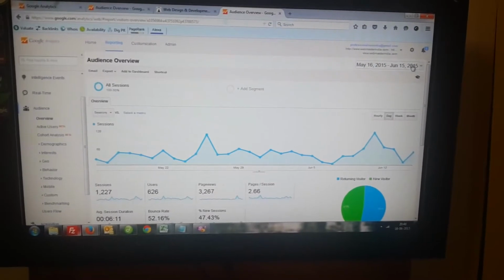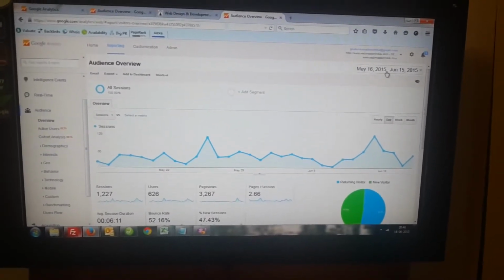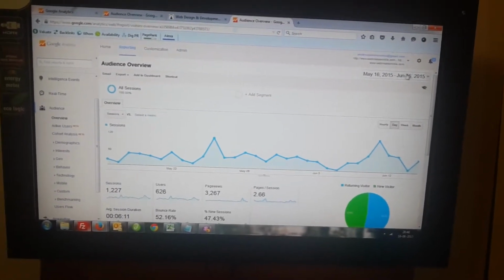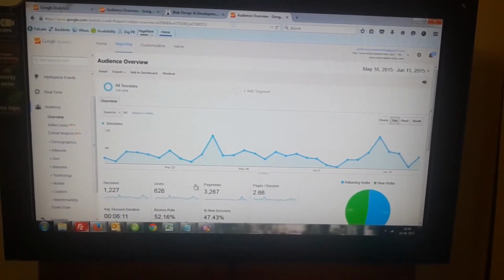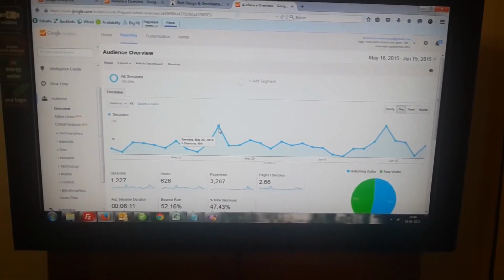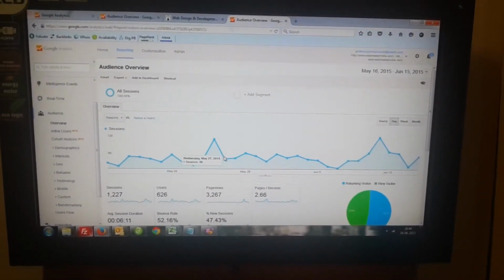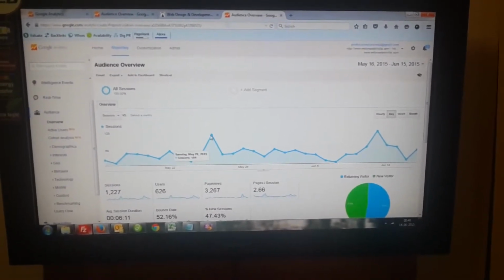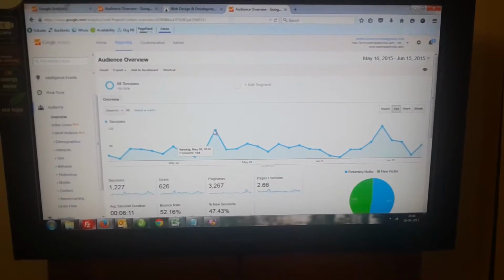Now for the monthly report, here it's 16 May 2015 to 15 June 2015. Here it shows the graphical presentation of your traffic, and here everyday traffic is shown. Like you can see here, it is the top.